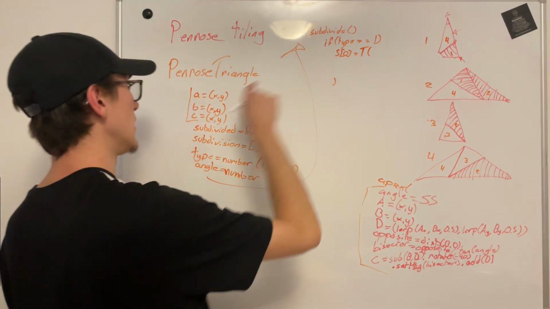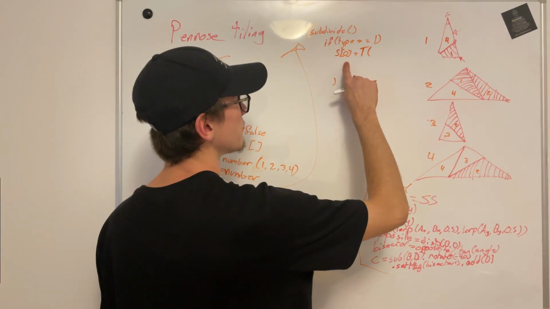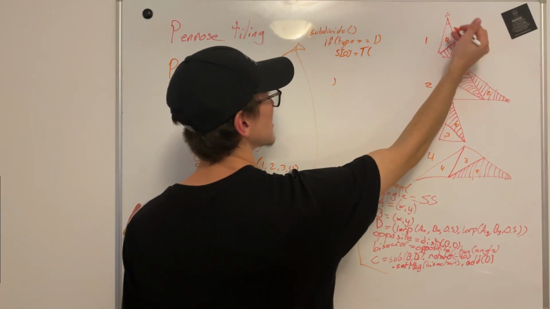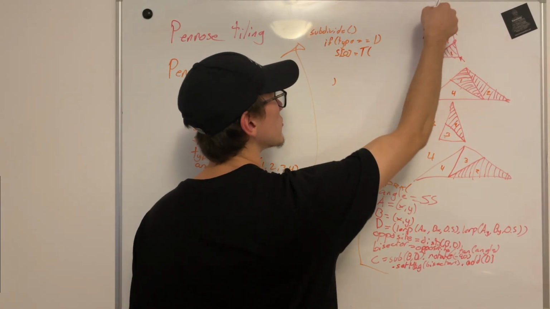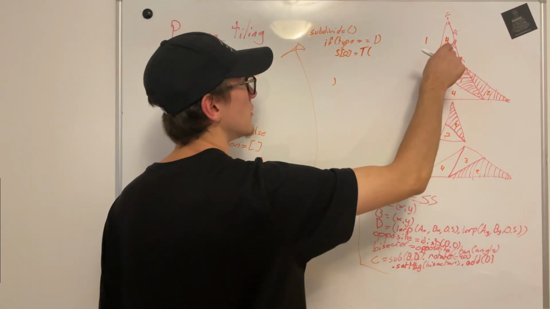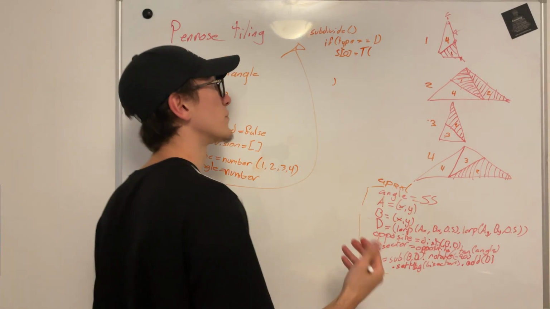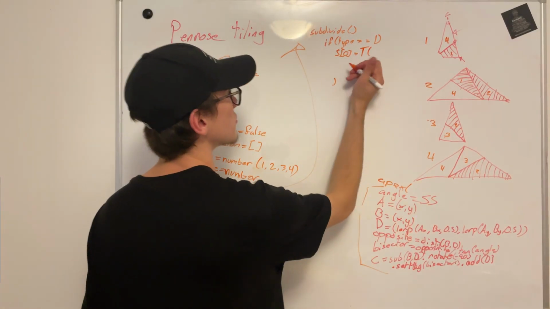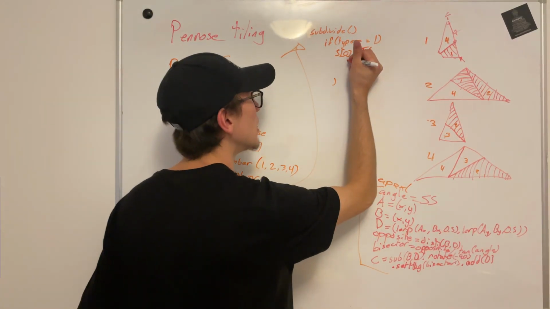So we need to pass it A, B, C, and type and angle, right? So the first subdivision we want to create is this 4 over here, right? So the A value should be this point over here, the top point, right? Because we go like that, A, B, C, A, B, C, right? So from the base, the starting point, I guess, is A. So the A value here should be the C value of the current triangle, right? Of this